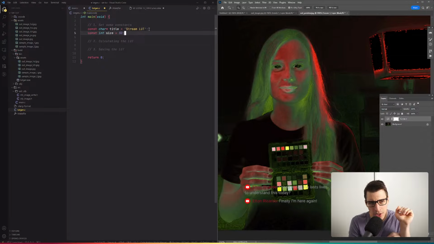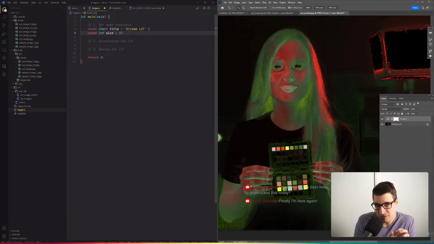Now, then we will have to set some other stuff. The reason we need to set these other things is that there is a certain pattern that we have to follow to be able to save out the LUT, right? To save out the things that we need to save out. So this isn't going to be as exciting as writing the title and the size, which was amazingly exciting, I know, but we still need to do certain things